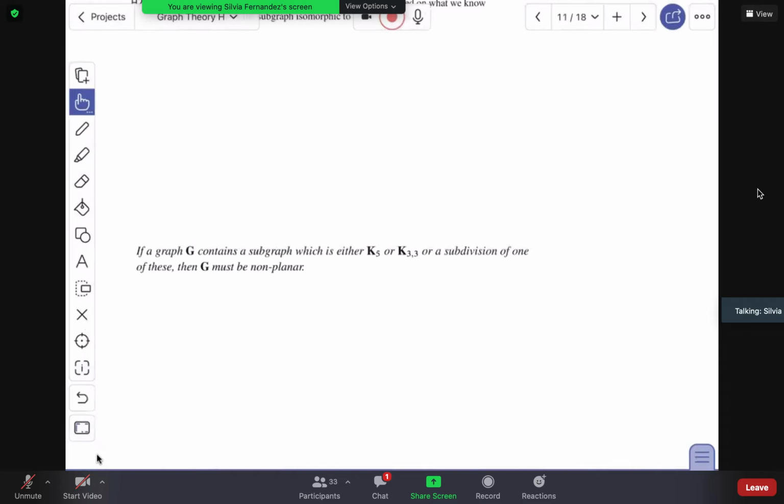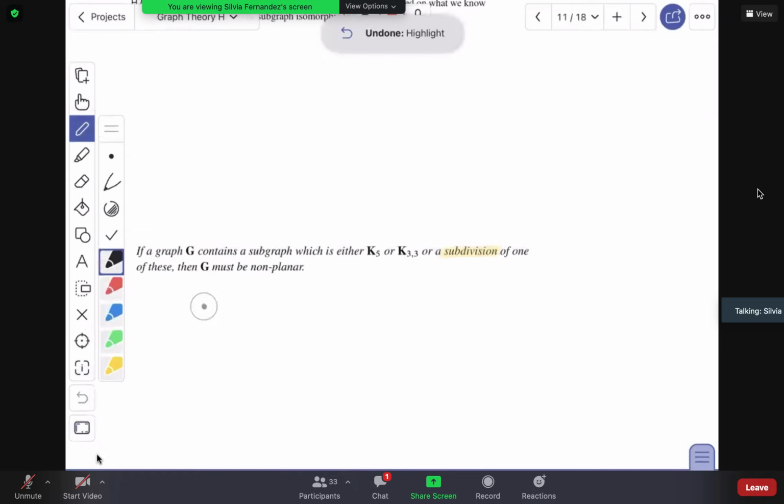So that's one direction of Kuratowski's theorem, but what I want to focus on is what is a subdivision of K5 or K33. Okay? And then I can tell you exactly what the theorem is. So a subdivision is just, you start with your graph,